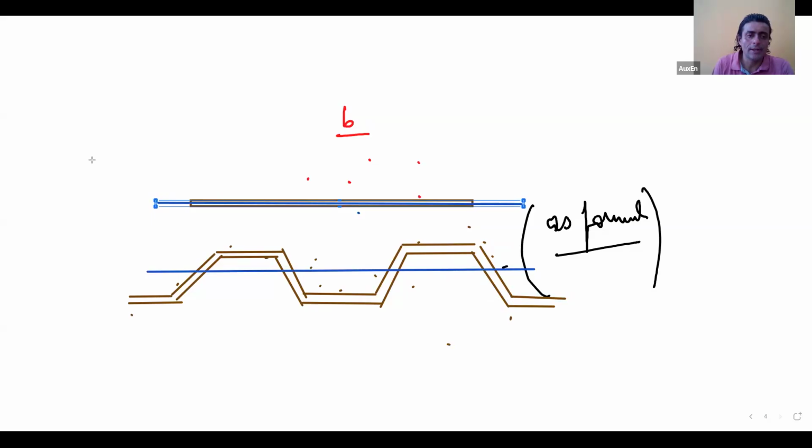Now, when I want to use a normal plate, I cannot use a thin plate because it has a very small moment carrying capacity about its axis of bending. So the moment of inertia that it can offer is negligible. And if I go on to use a very thick plate, which can act as a formwork and also as reinforcement, it does not become cost efficient. So what I do, a good trick, I use a formed